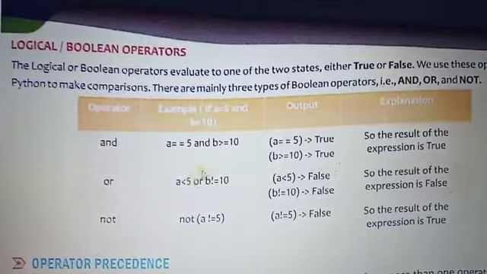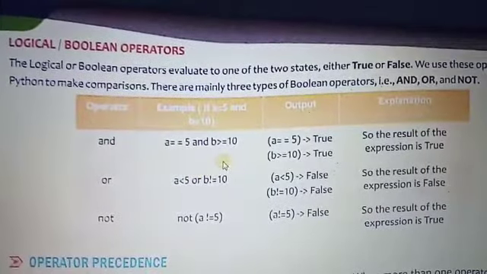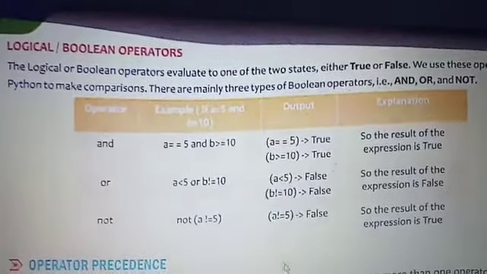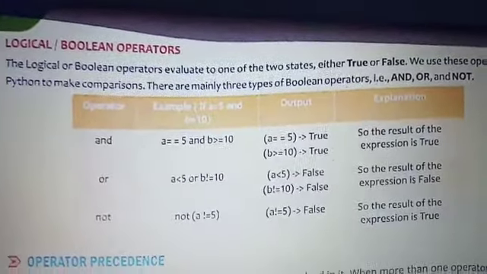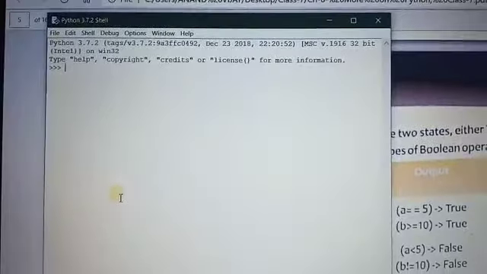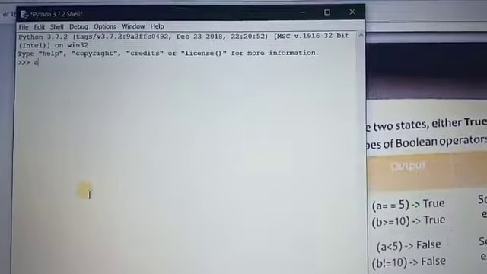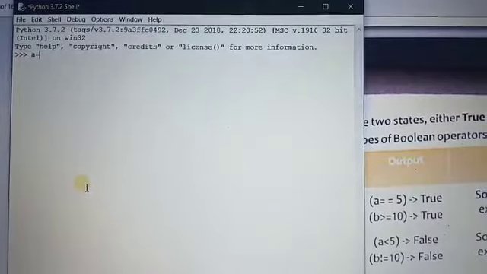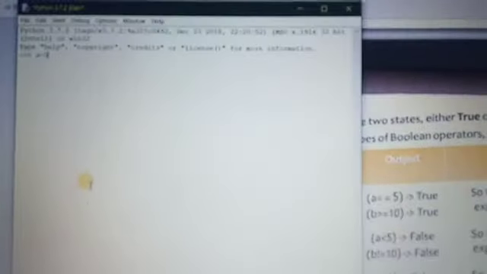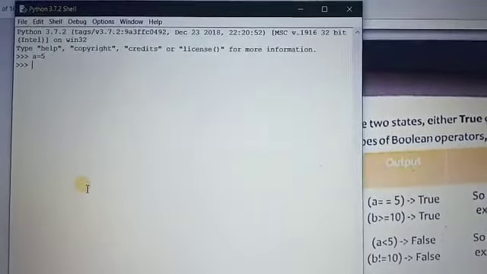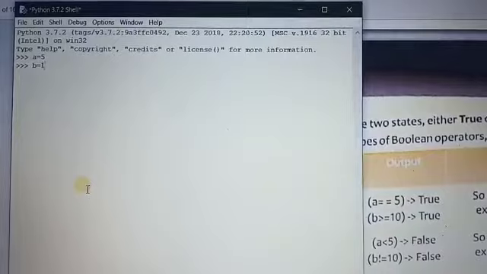The example is given here and we can also solve it practically. I have opened Python and typed the values given here. There are two variables defined: a = 5 and b = 10.